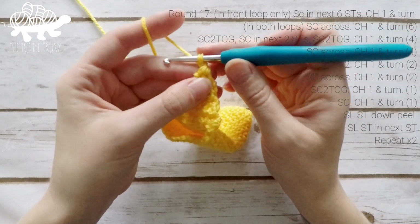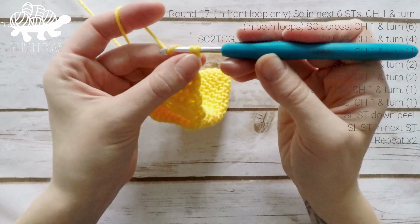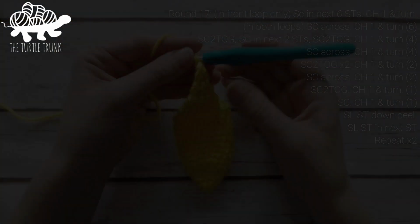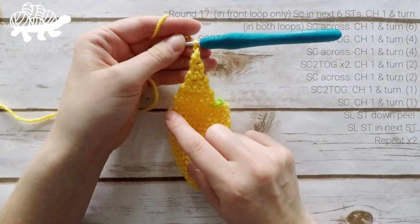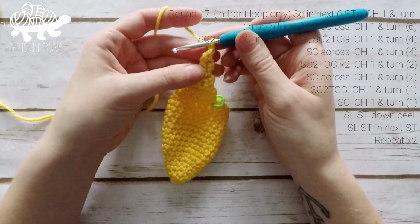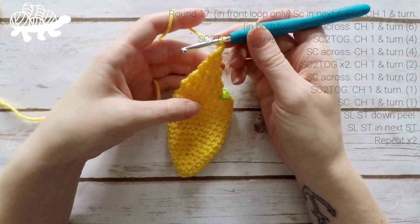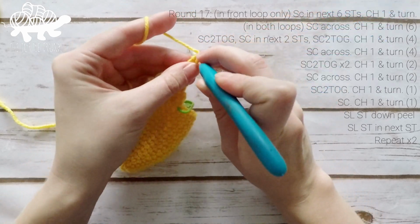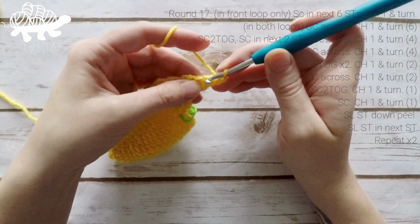We're going to work 1 single crochet in that last stitch, chain 1 and turn. And now we're going to work down the side of the peel to get back to the base. So we're going to work 1 slip stitch into each row that we just made to get all the way down to the bottom. So we're going to work 1 into the same stitch, same row we were just in, and work all the way down. So that was 1,